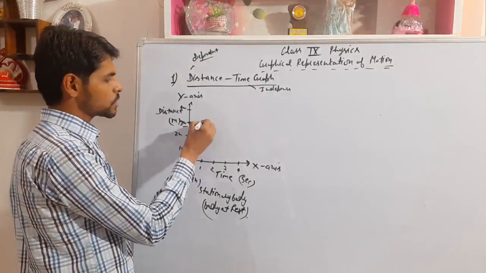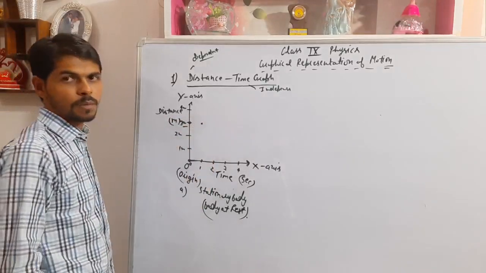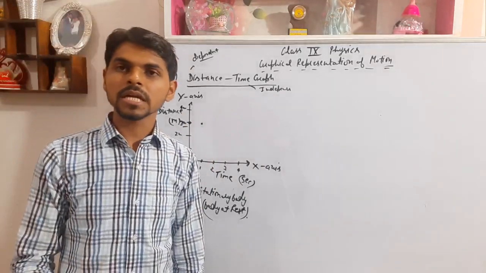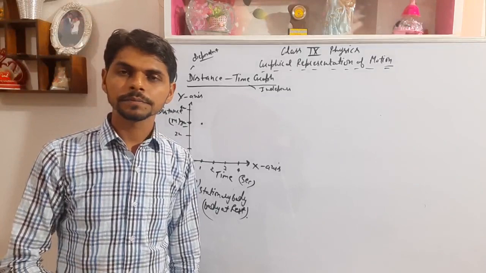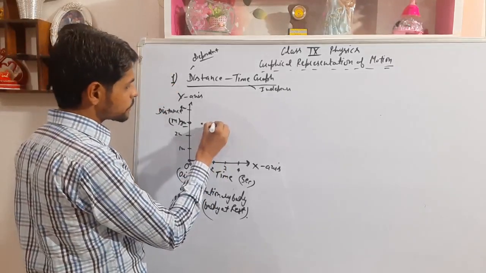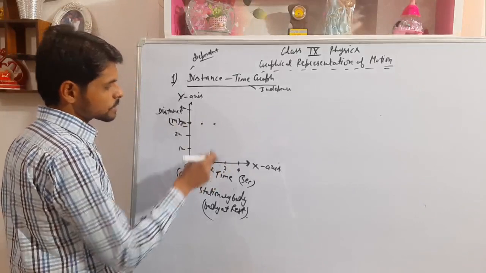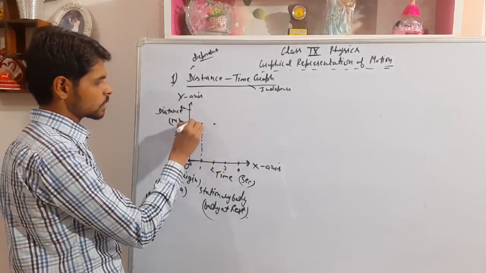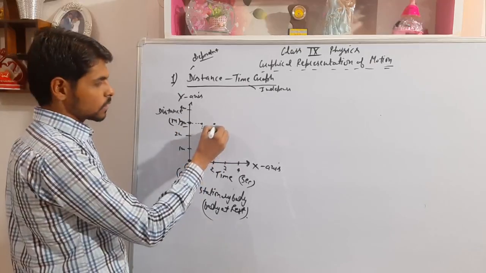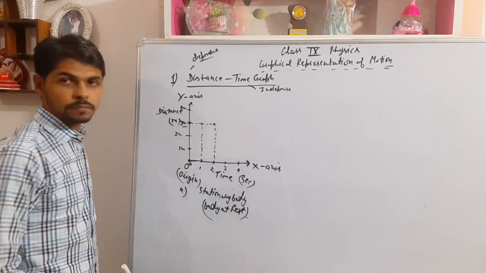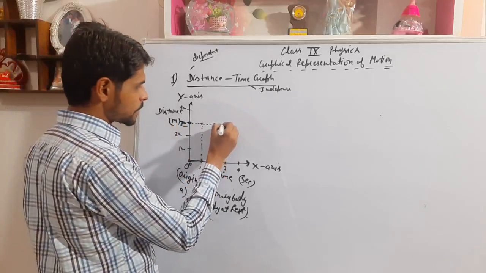At 1 second also its position is 3 meter, so from here at 1 second, mark the point at 3 meter. So what about the 2 seconds? When you looked at 2 seconds, this is also at 3 meter, the body doesn't change its position. At 2 seconds also it is at 3 meter, so mark this point at 2 seconds. So now at 2 seconds it is at 3 meter, at 3 seconds also it is at 3 meter,